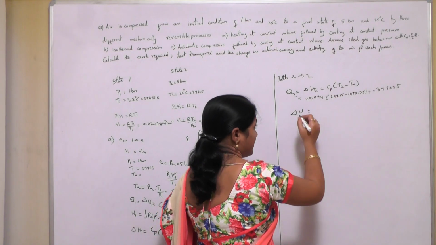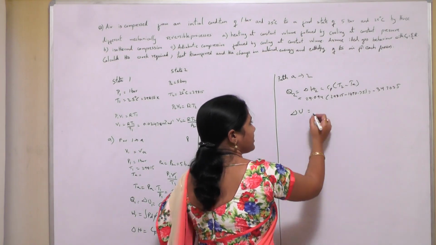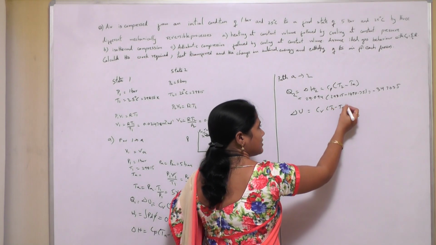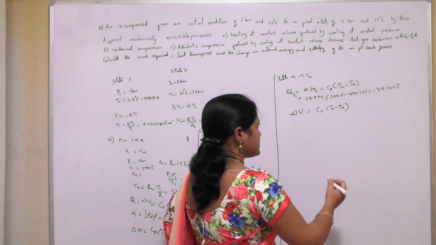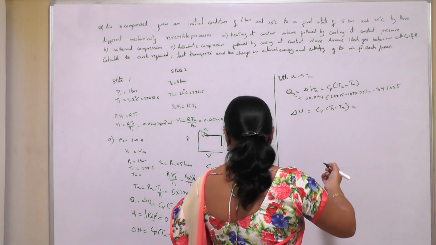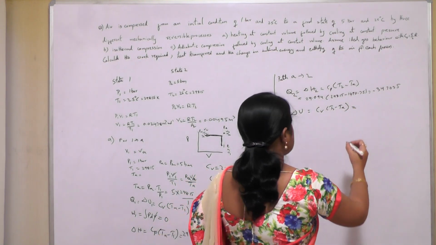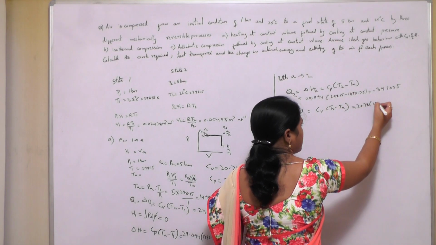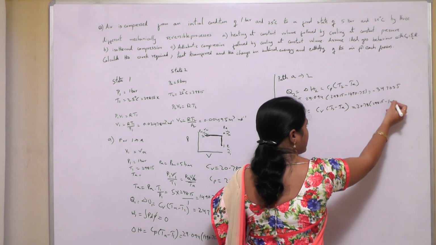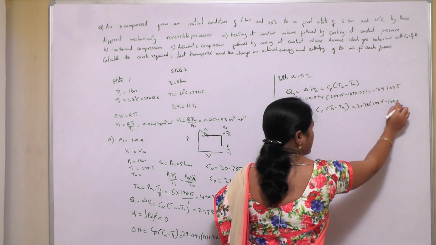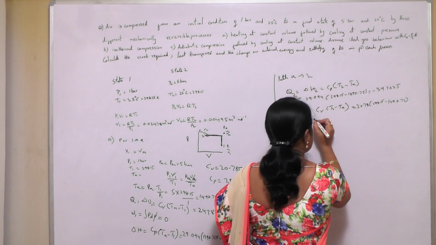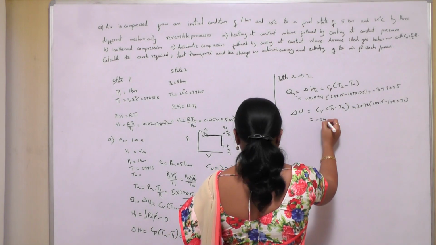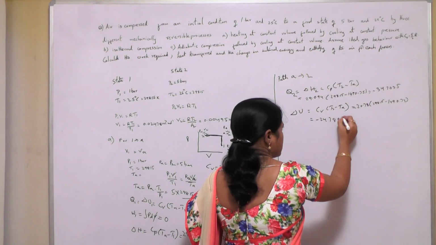Internal energy delta U equals Cv (T2 minus Ta). So Cv value is 20.78 and T2 minus Ta is 298.15 minus 1490.75. So the delta U value is minus 24788 joules,